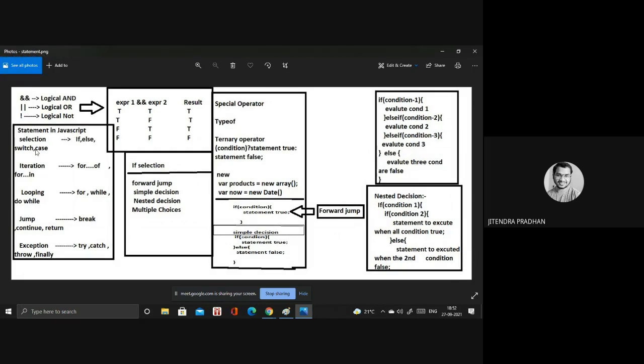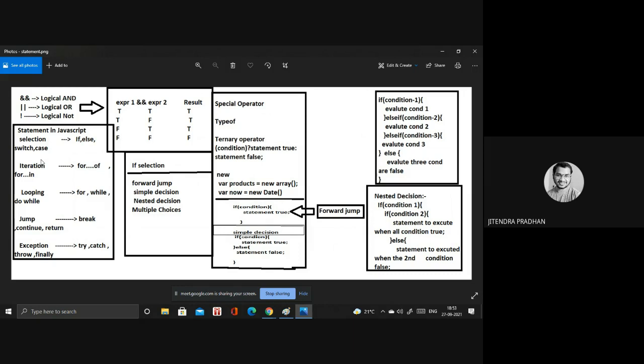First is the selection statement. Second is the iteration statement, then the looping statement, the jump statement, and the exception handling statement, which we are not discussing. The selection statements are if else and switch case.